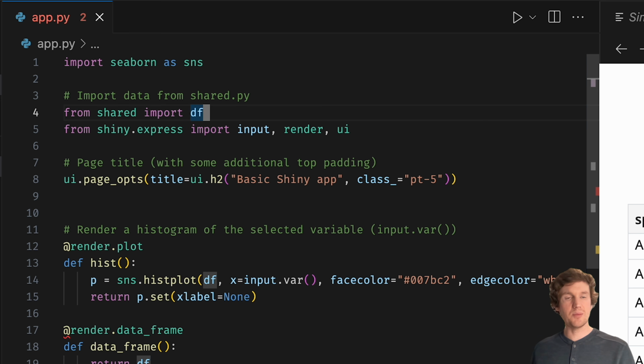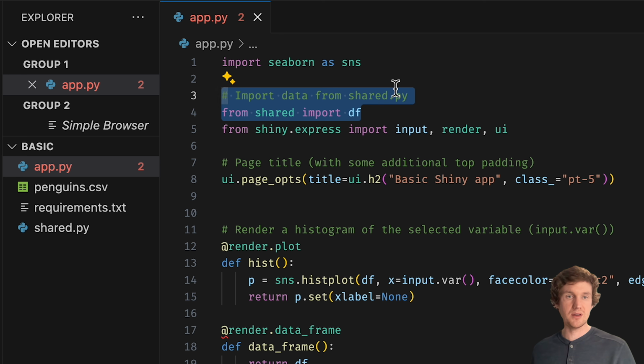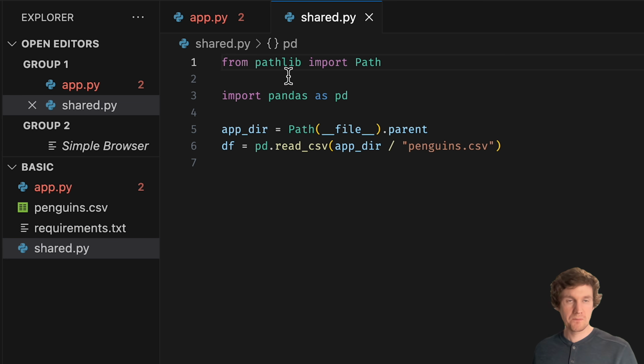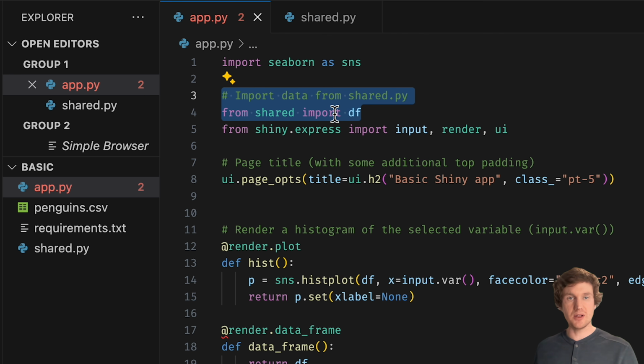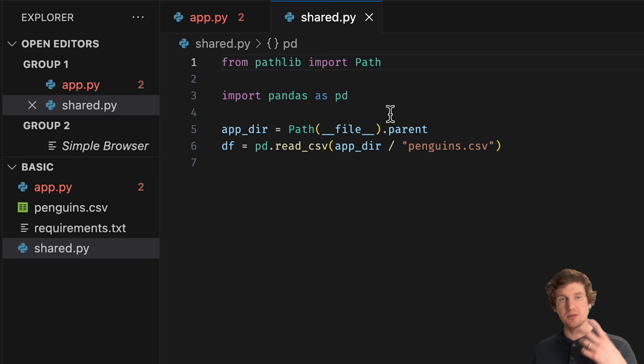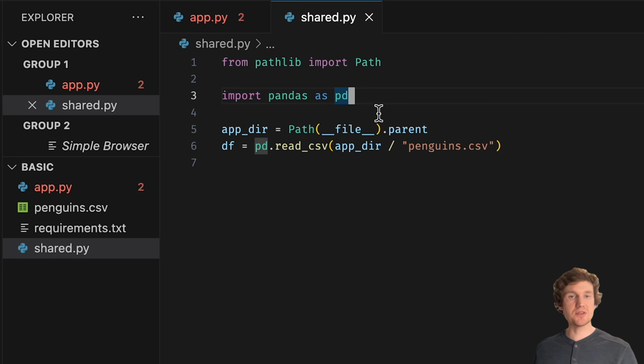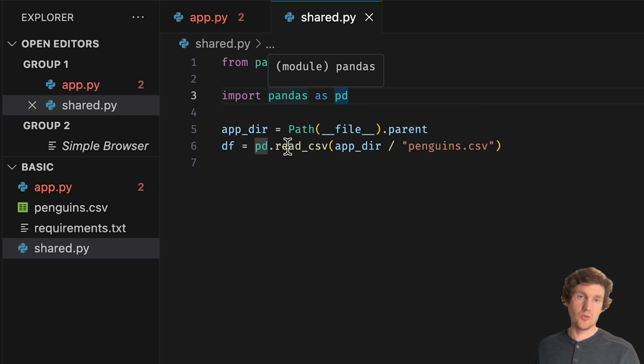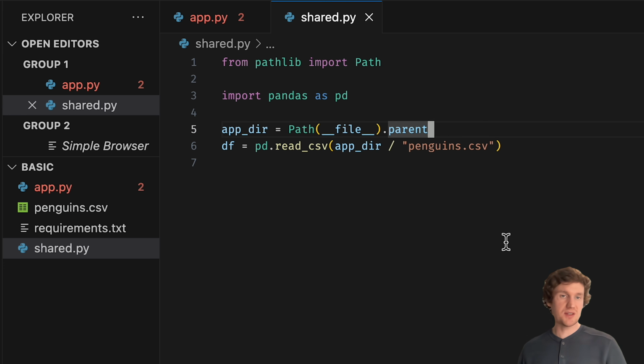So we've set up a lot of these templates to be based on this kind of approach to importing data, where there's a local shared Python file. So when we say from shared import df, that's going to execute this shared.py file. And most of these, at least at the moment, are set up to use pandas read CSV to read in a CSV file that you also get with the template. So this is a nice and easy and low dependency way to read in some data for our application.